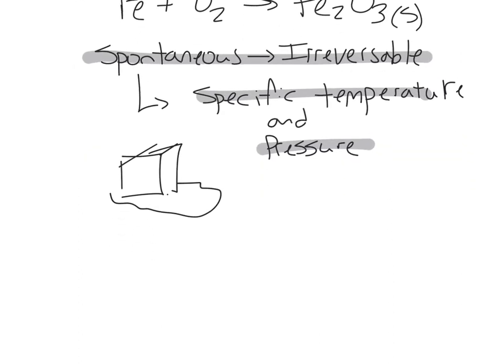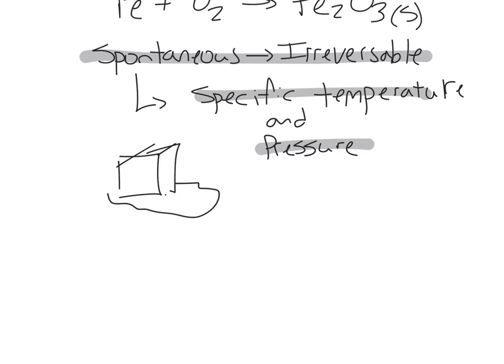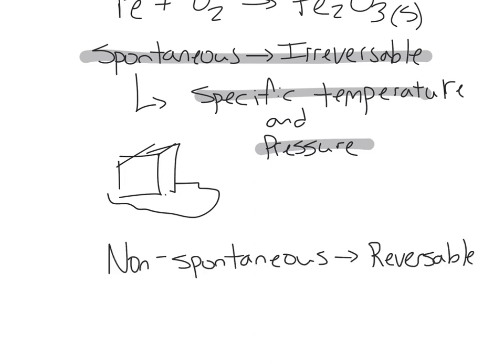Now, the opposite of spontaneous and irreversible is non-spontaneous, reversible. Again, these processes are specific to temperature and pressure, and to be honest, I'm finding it very difficult to come up with a specific example of a chemical reaction that is non-spontaneous or reversible at the same temperature. Even a physical process like melting of ice requires a change in the temperature or a change in the pressure for the reaction or process to go in reverse.